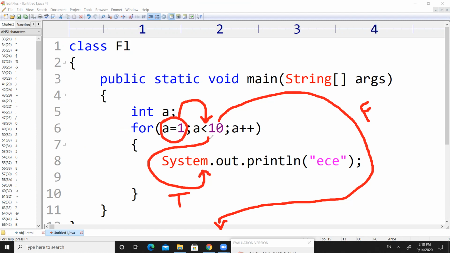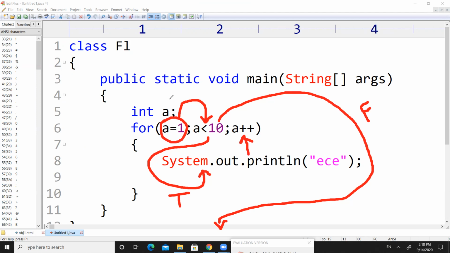If the condition is true, it will execute the body of the for loop. If the condition is false, it will not execute the body. So what happens after executing the body of the for loop? Again, increment will be done.